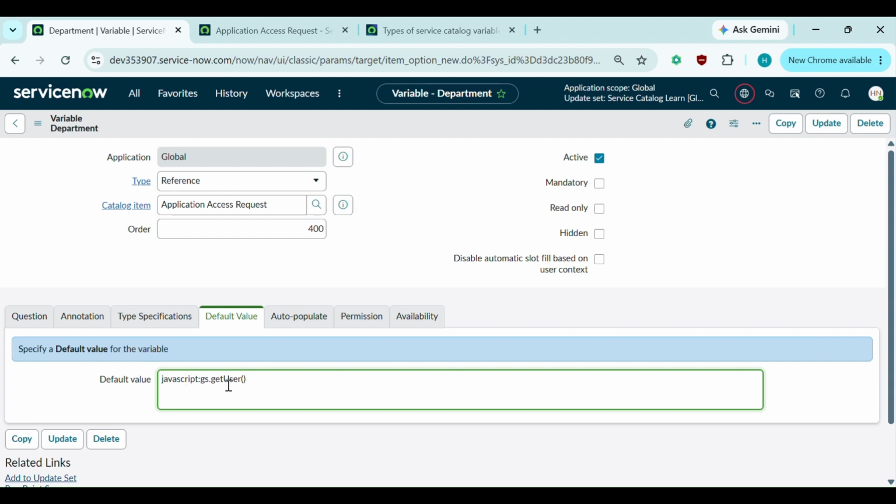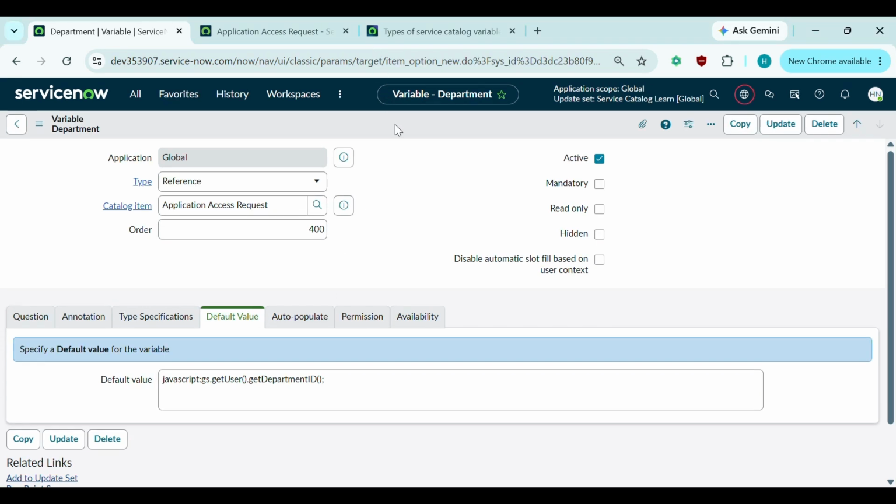By this method, we get all the information about this user, and we can use getDepartmentID. Now let's just save this record